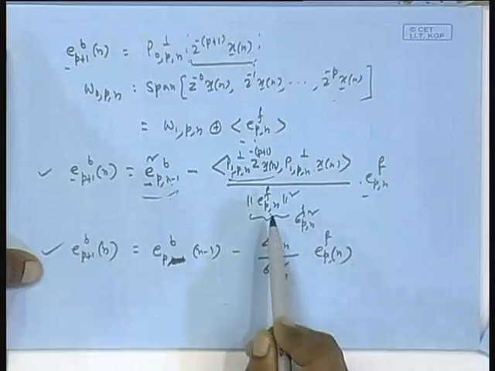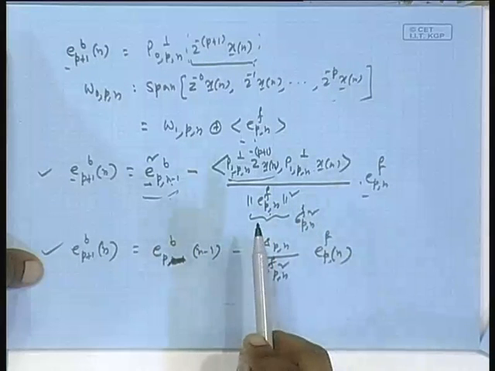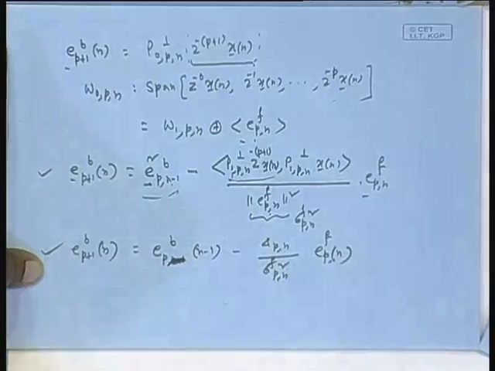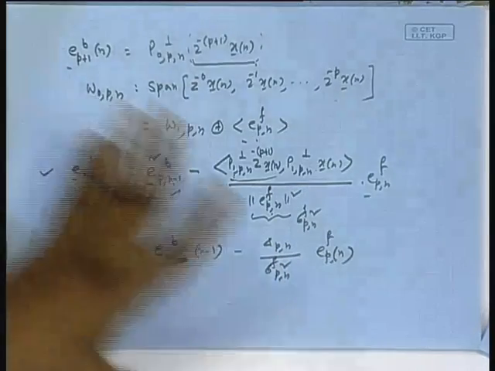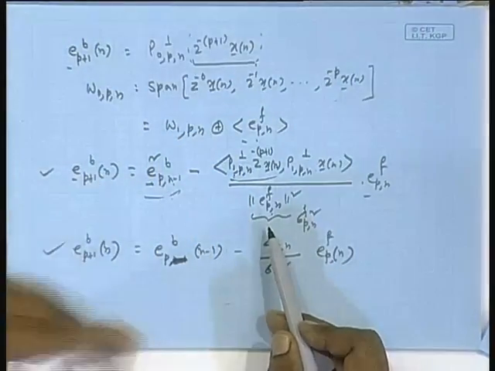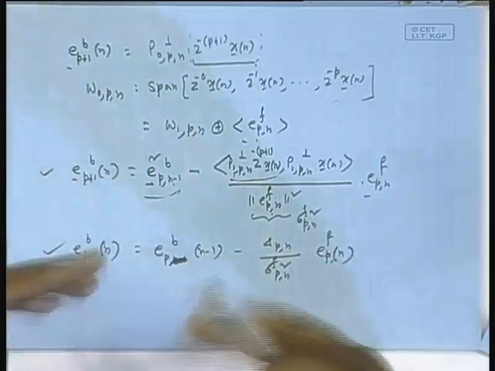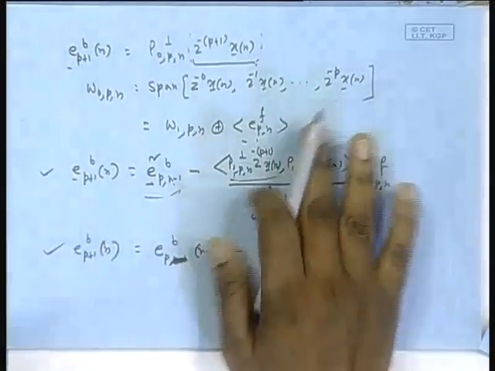These fellows can be order updated. If you know them for pth order, you can go for p plus 1th order, the same way as we did earlier. But at the very initial stage, when there is no previous order, they have to be updated in a time recursive manner. With the new data, the new norm square will be evaluated and that will be order updated. Are you following me? From pth order, these two norm squares will be updated. You get the p plus 1th order value at the same index n. Then, using that update relation which I will derive, you get the same values for p plus 2th order, and so on.